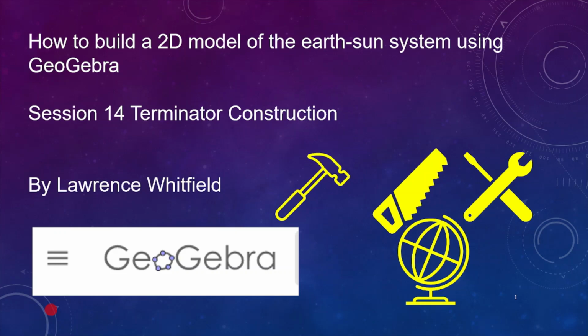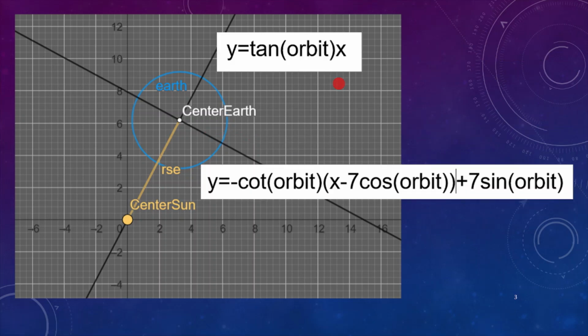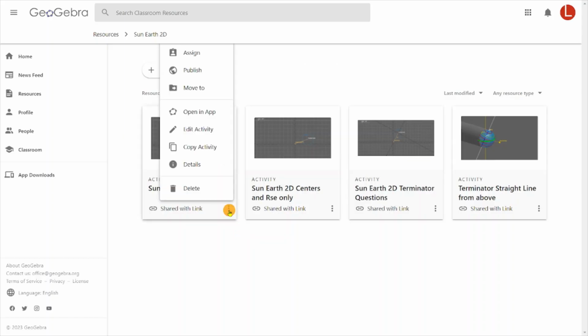Otherwise, let's get going. In our last session, we asked you to find the equation of these two lines. In order to do so, you had to remember what we were using as coordinates for the center of the Earth. And you should have gotten these two answers. I won't take time to develop them other than to just display them here. All right, let's go back into our application,